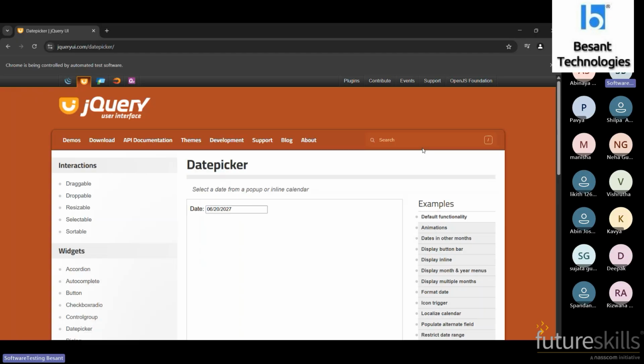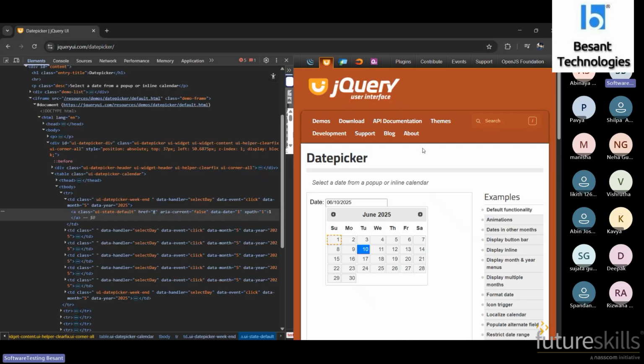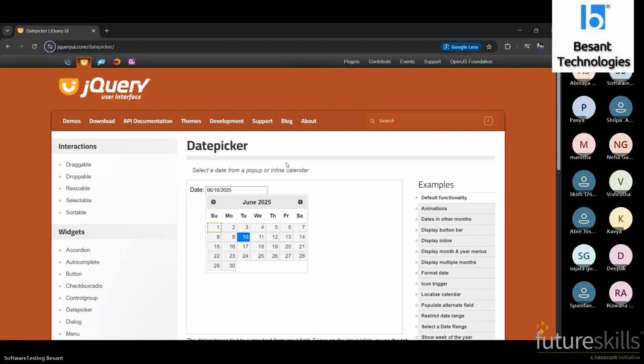Yeah, it's okay. Cool. We can use this, but sometimes the calendar shows dates from the next month. For example, here it will show 1, 2, 3, 4, 5.